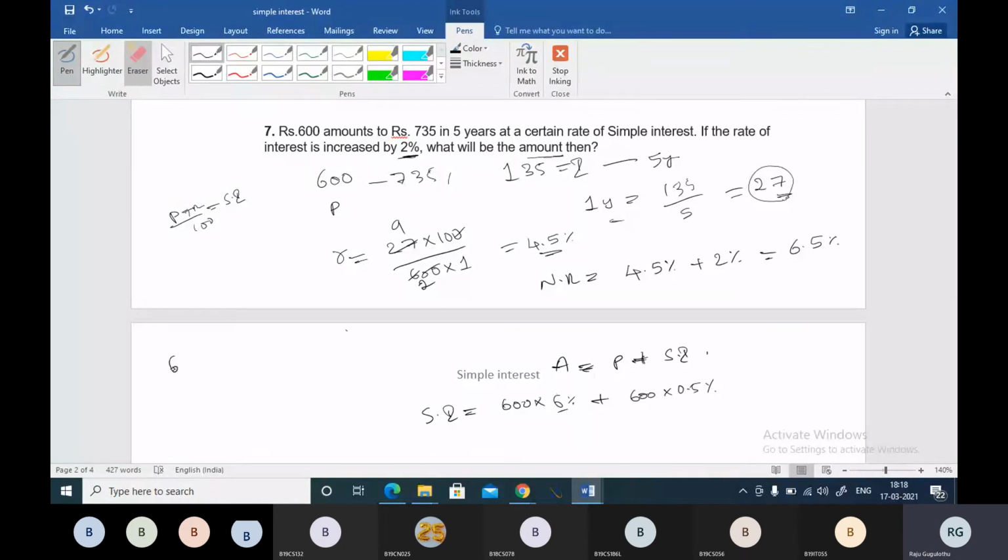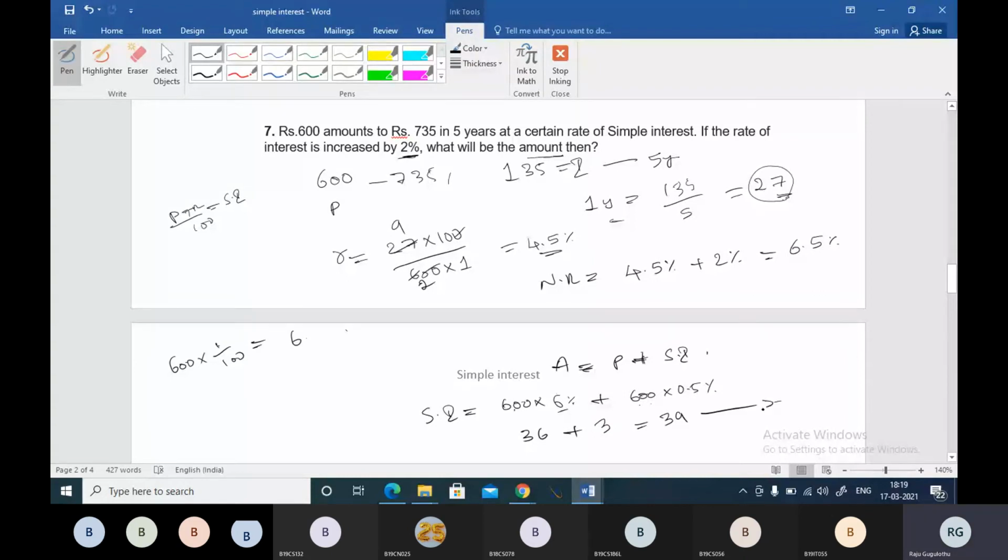600, so 1%. When I have 6%, how I do it is: 600, so 1% will be 6. See, for 1% you keep a dot here, that will be 1%. And we want 6 percentage, then 6 into 6, 36 will be here. That will be the simple interest, plus 0.5 percentage. Again, 600, 0.5 is how much? 600, 1 percentage is 6. 600, half percentage. 0.5 is nothing but half, right? Half is 3, boss. So it will be 39 rupees for 1 year.